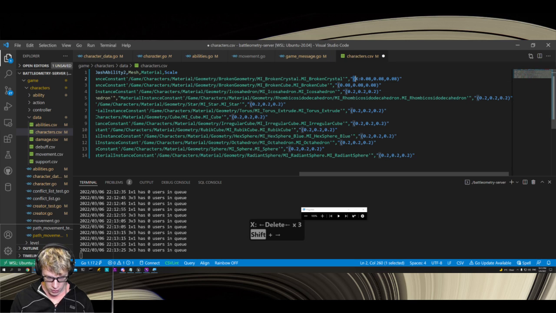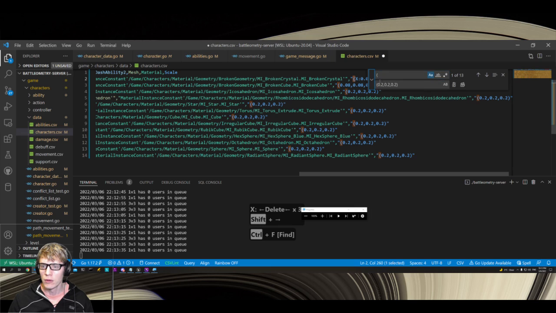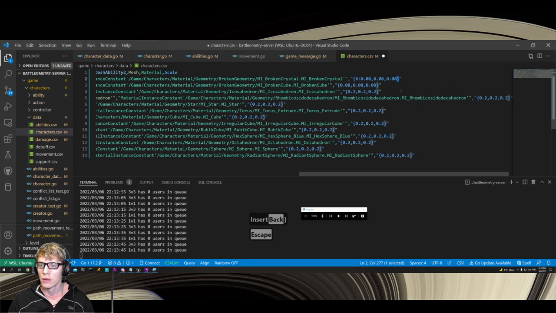I wonder if it needs... Let's replace that with these. I'm going to make it look like it looks in the editor. I don't think I need the XYs, but